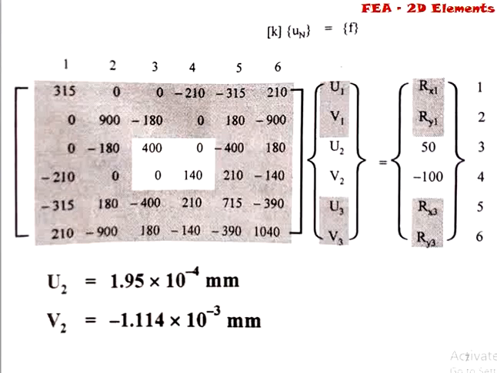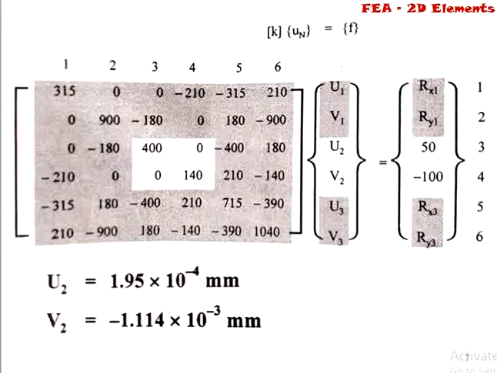In my previous video I already discussed the elimination approach. So by application of that rule we can easily calculate u2 and v2, means the 6 by 6 matrix is converted into a 2 by 2 matrix. Because displacement at node 1 and node 3 are 0, in this case rows 1, 2, 5 and 6 are eliminated, and respective columns are also eliminated.